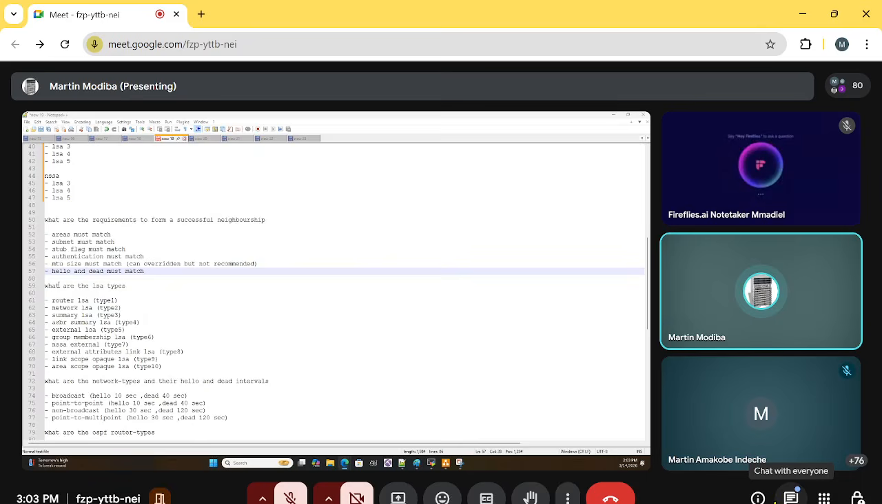So let's go over to the LSA types. The LSA type 1 will be the LSA that says, hey, I am router 1. Here's my router ID. I am talking to you. I'm also using that LSA to send out the hello messages. And then LSA type 2